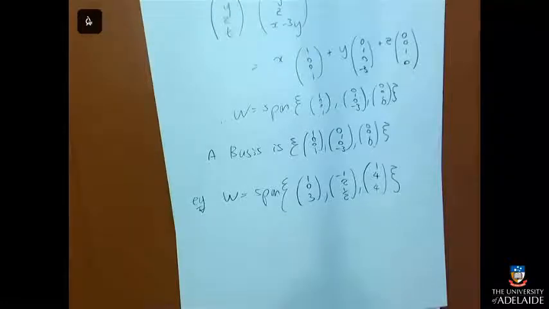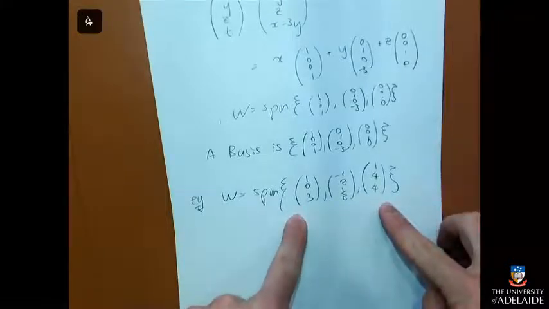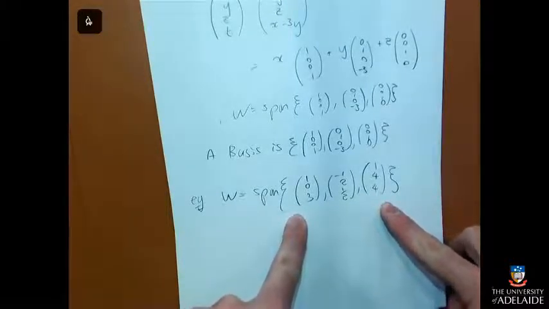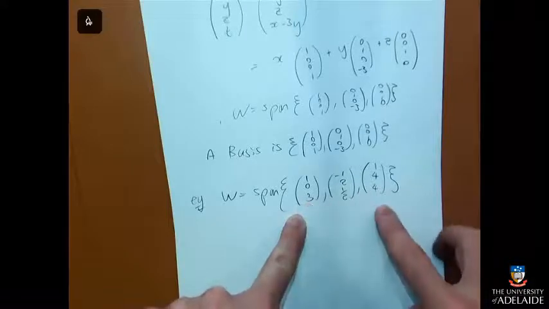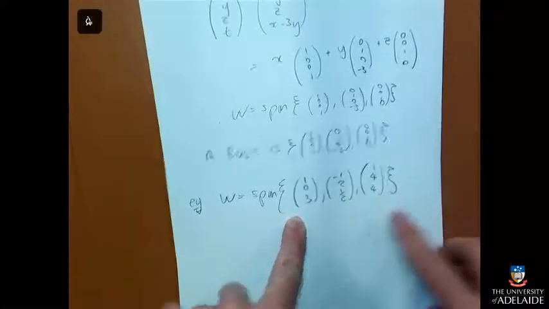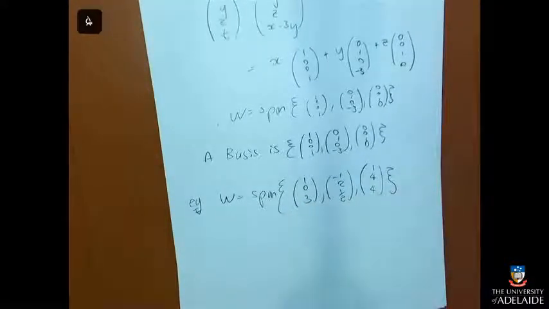How would I find a basis then? I mean, it's already written as a span, so I would expect this to be a basis. Only I have to check it's linearly independent, because I don't know how these were made. If they were made from doing my row operations, I'd know they were independent because of the way they were made, but I don't know, so I'm going to have to check.